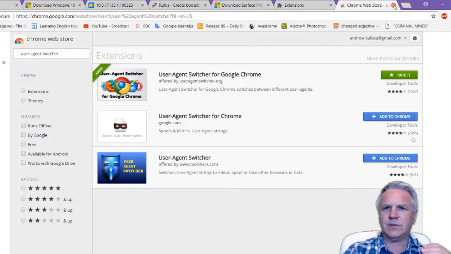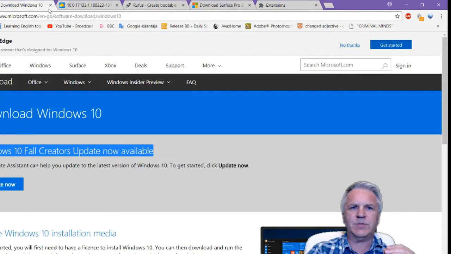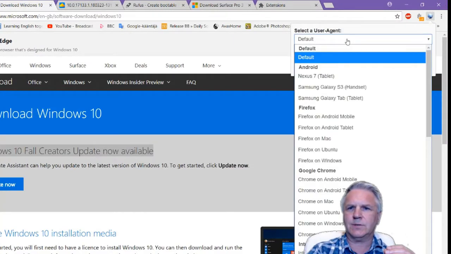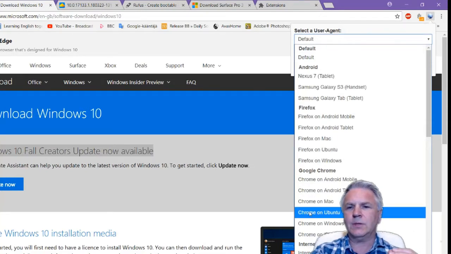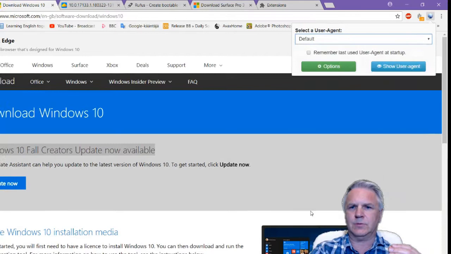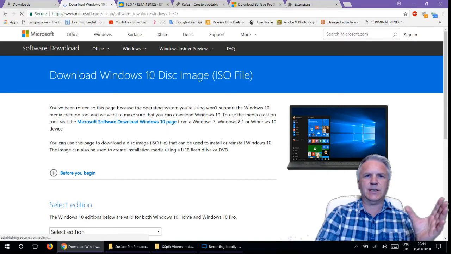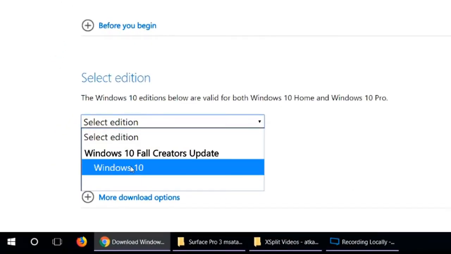How does it do this? Well, what you do is, while on the website, I simply click the user agent and say that I'm on a Chrome on Ubuntu, and as you can see already, the website is changing. It says I can download the ISO file now. So all I have to do is choose the Windows 10,